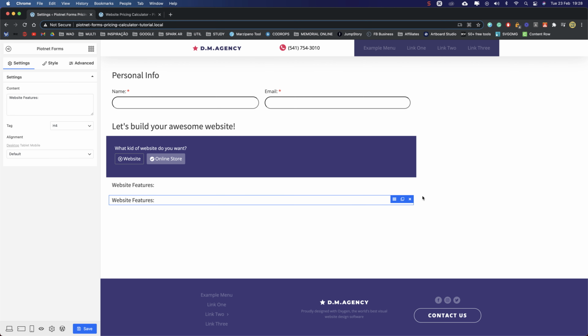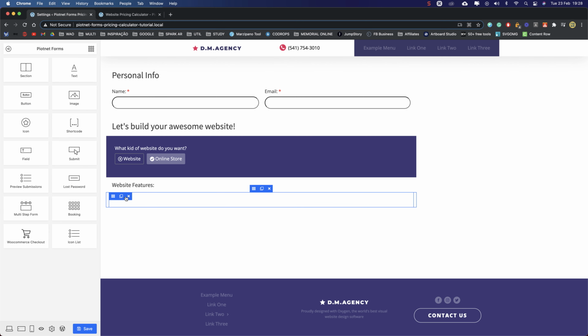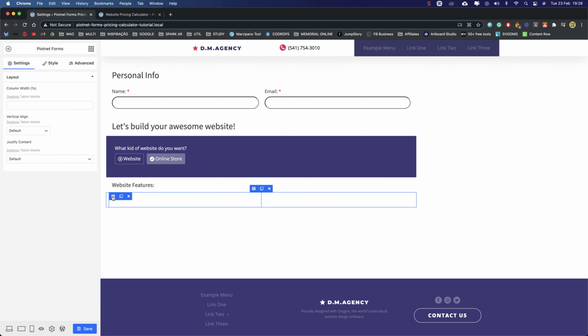Over here, let's delete this. Let's duplicate the column, the first column. To choose a column, just click on this icon, and the column width, let's put 35%, and in this one let's put 65. All right,